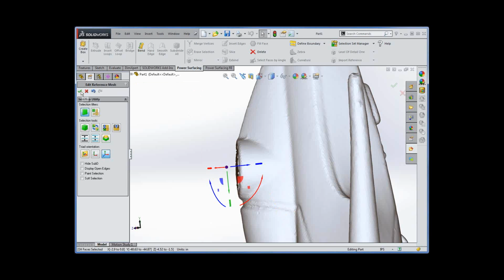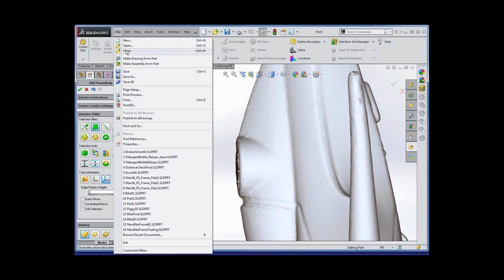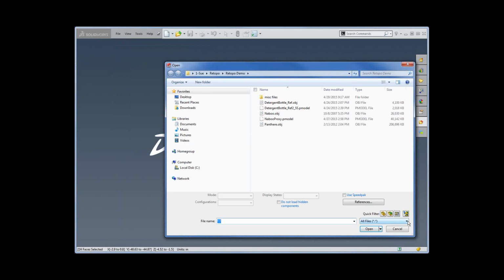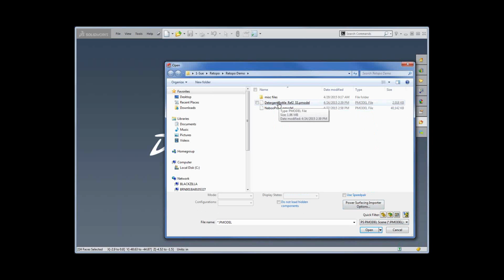So I'm going to close this and get out of my edit reference mesh. And I'm going to bring in another file now that's already been prepared, and it has all selection sets, and you'll see one of the other cool things we can do with it. So we're going to open, and this time we're not going to open an OBJ because the OBJs don't have a concept of selection sets. So we're going to open a P model scene, which is basically the reference mesh that I'd added my selection set to and then saved out as our native format. So we'll open the detergent bottle,